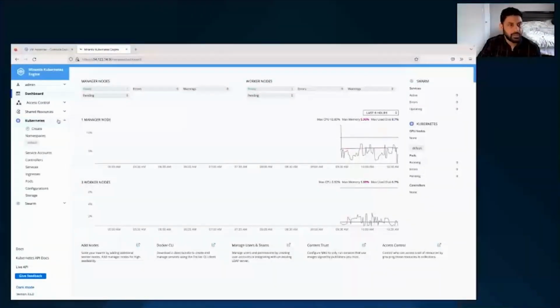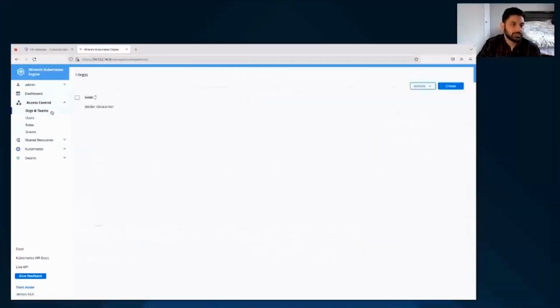So that can be managed from here. You can create new resources for Kubernetes and manage other objects, and very similar for Swarm as well. And there's also access control,